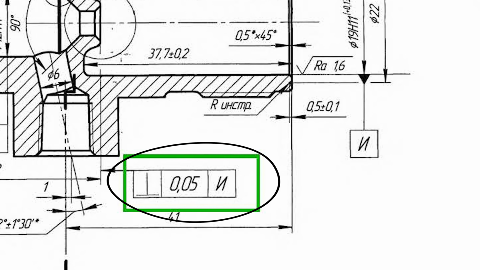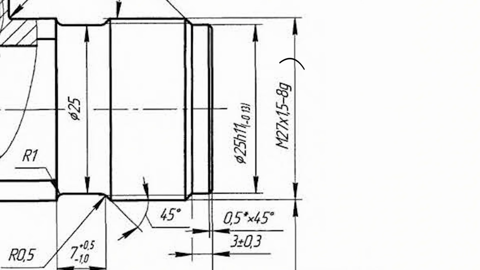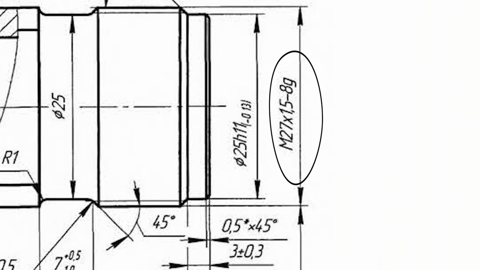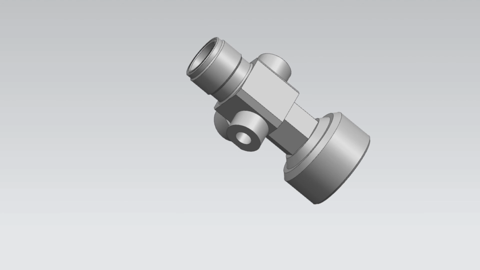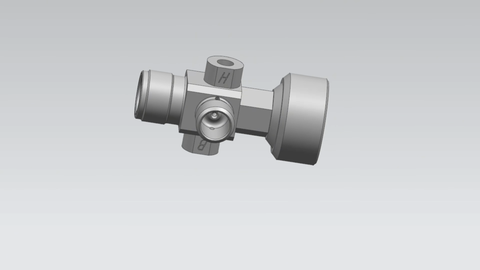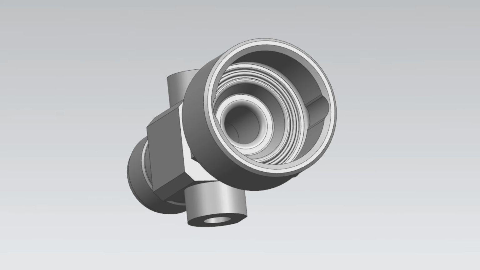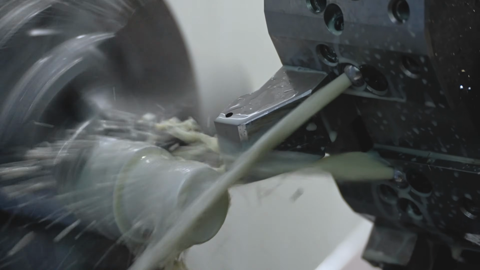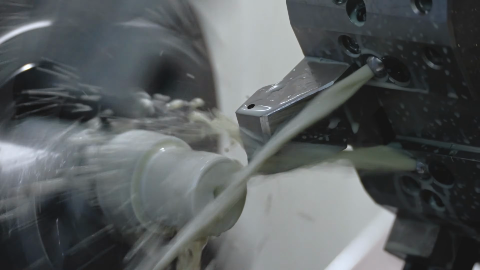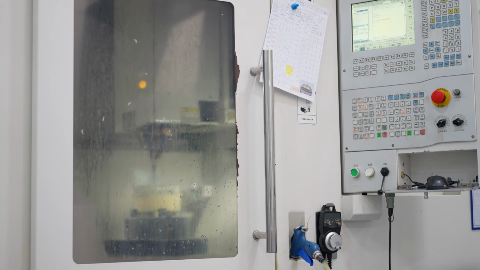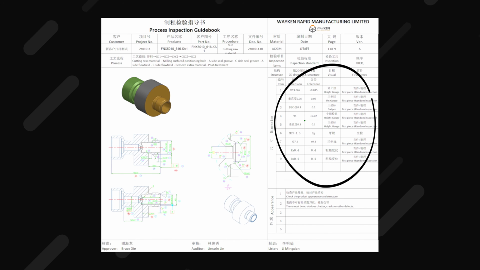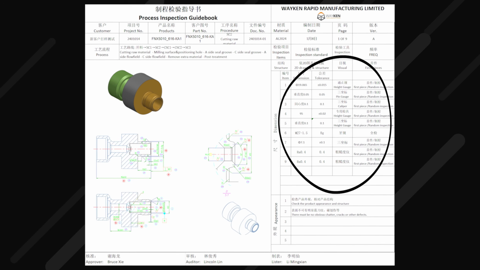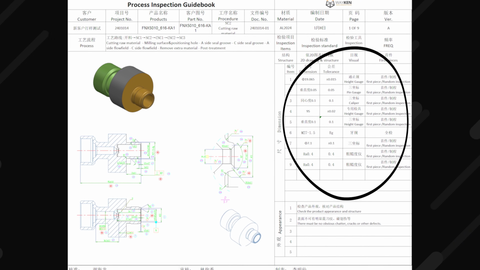One aspect is the geometry tolerance and the thread holes and other dimensions with tolerance. Another aspect is the surface finish of the wide body fitting surfaces. First of all, we need to analyze the 3D model, the part structure with multiple faces and matching shaft and holes. We selected the process of turning plus milling, divided into 5 processes. For this collector part, we will make a process inspection guidebook. We will indicate the tolerances that need to be controlled in each process, step by step, and finally achieve the tolerance required by the product drawings.